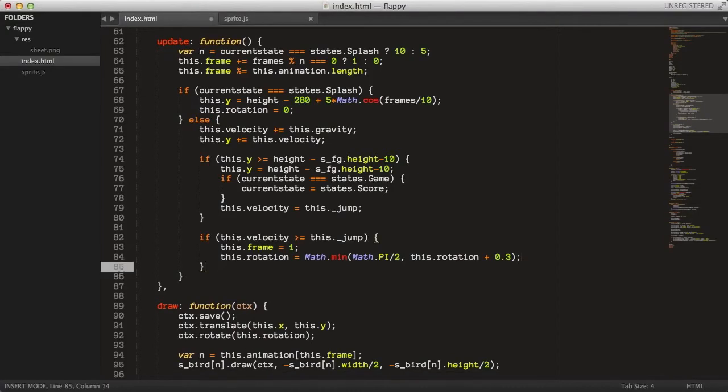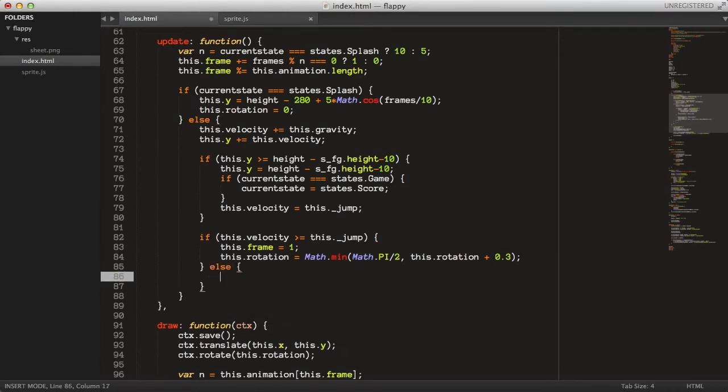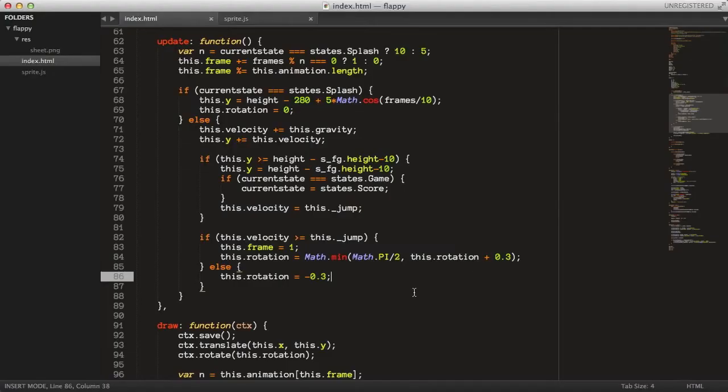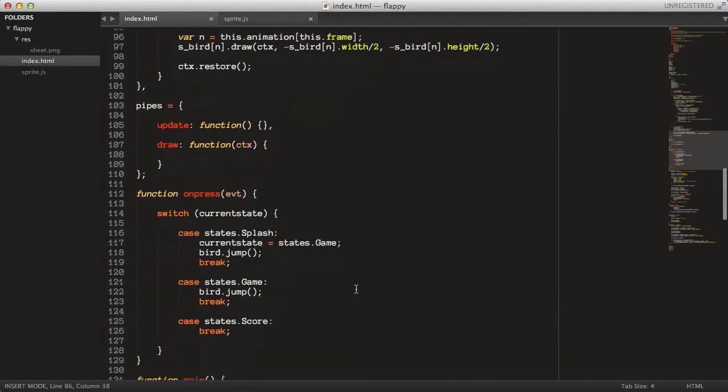And else, if the bird has some upward momentum, then we want to set the rotation to, let's say, negative 0.3 maybe. So let's see what that looks like. Let's reload it, and yeah, now we can see that the bird is actually rotating, and when it's below a certain velocity, it dives like that, and then we have the game over state. But when we are game over, we probably don't want to update the foreground position, so let's